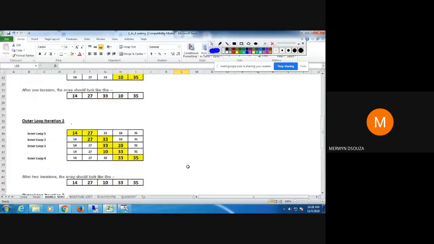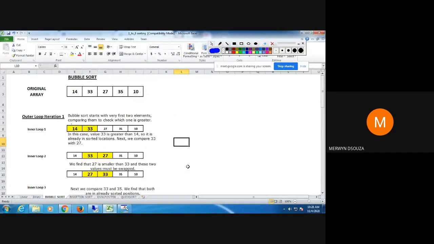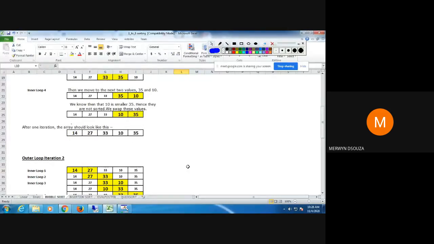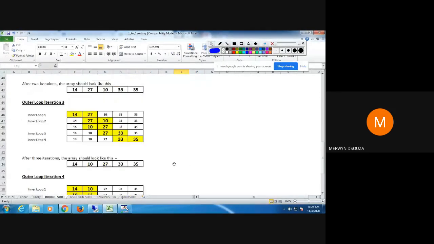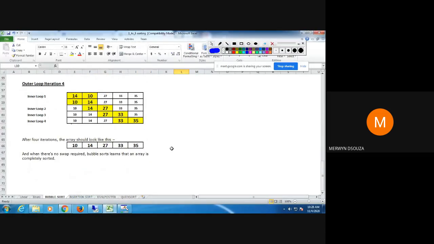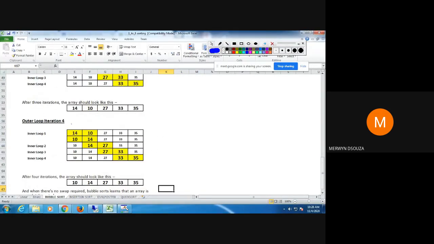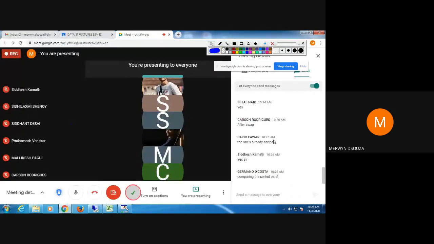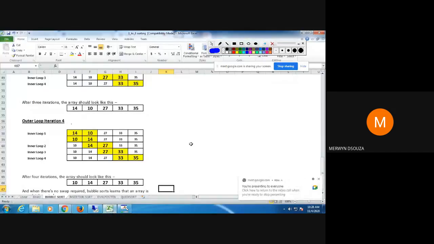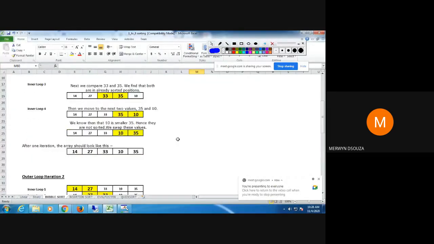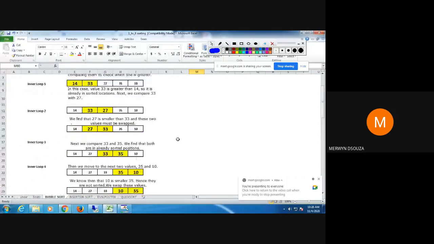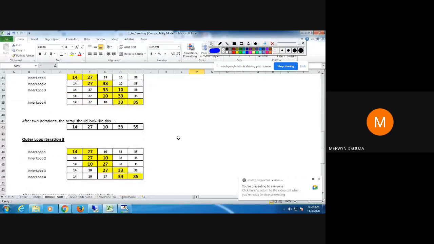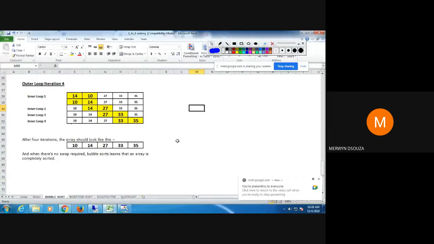For exams you can write any one program unless they tell you to write it by making it more efficient. So has everyone understood where bubble sort needs to be made more efficient? What Carson has been trying to say, and the others also. Has everyone understood which part is not needed to keep comparing in all the loops that we are doing?